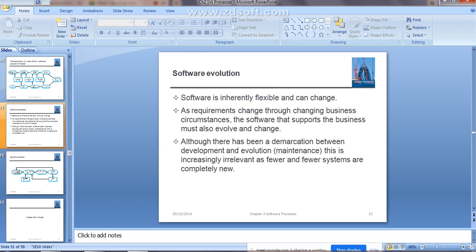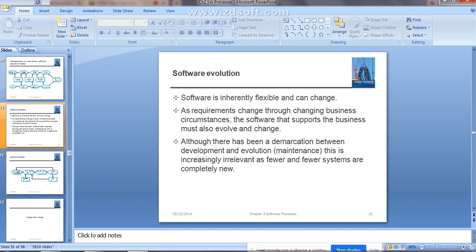See, go through the second point. As the requirements change through changing business circumstances, as already told, as your business goes according to market needs, you may come up with different kinds of requirements. So the software needs to support that. The business must also evolve and change. Evolving means it needs modification, and that modification needs to be reflected in your software system as the customer requirements have changed.